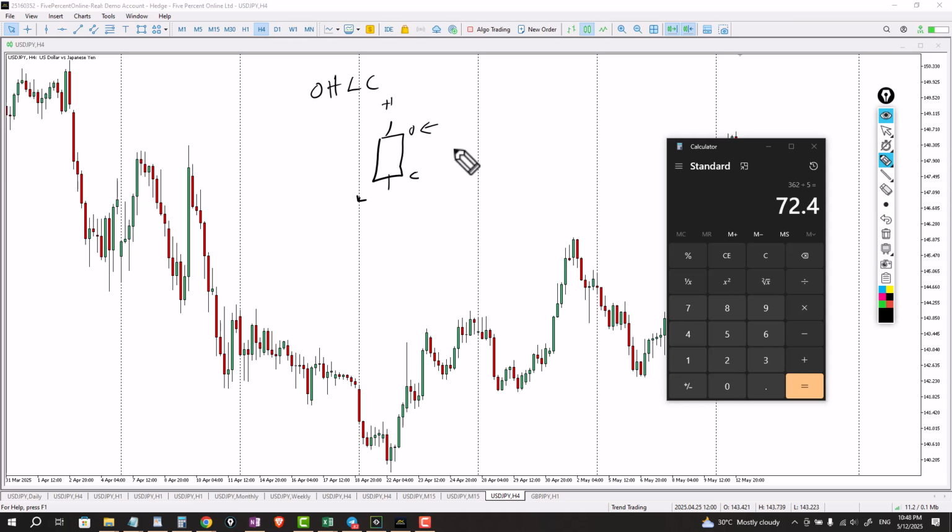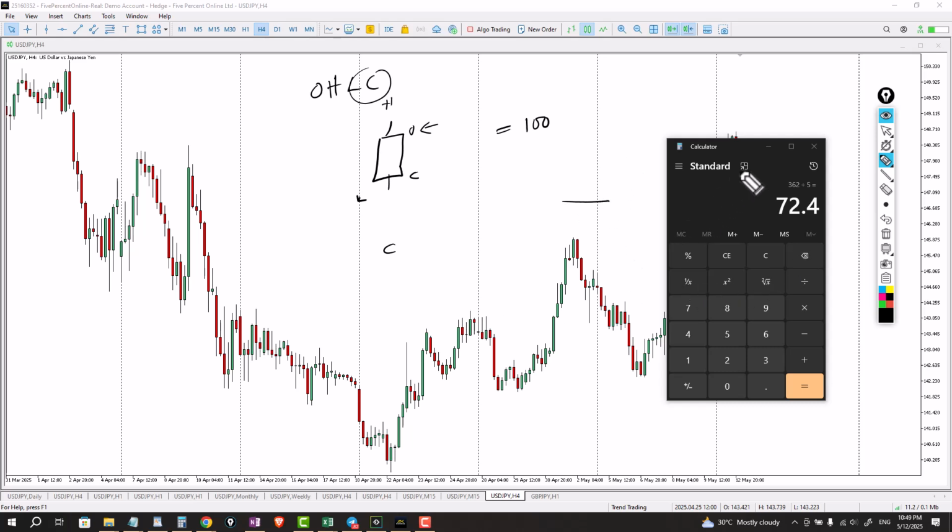So if, for example, you wanted to plot a moving average line of the closing price of a candlestick, then what it's going to be plotted on your chart is the candles that you are seeing. Depending on the period of the moving average you are using, it's going to sum up the closing price of all of those candles, and then divide them by the number of candles in the calculation. So to make things simple, assuming we are calculating a 100 period simple moving average of the closing price of this particular chart, what is going to happen is that these particular candlesticks that you're seeing, and let